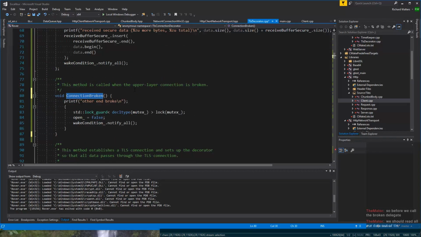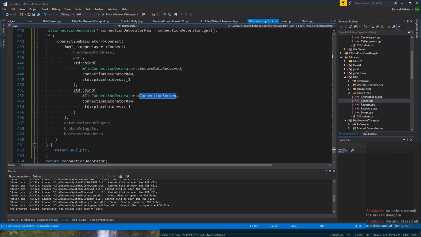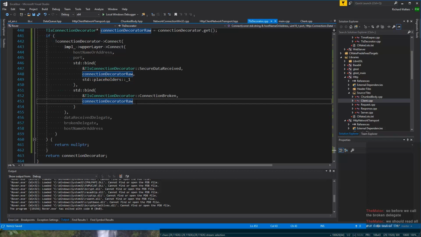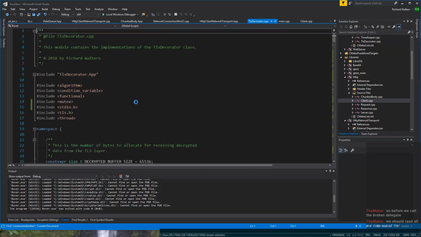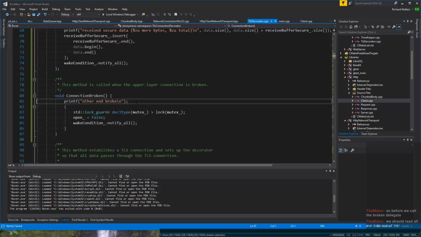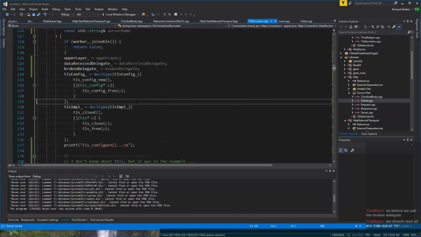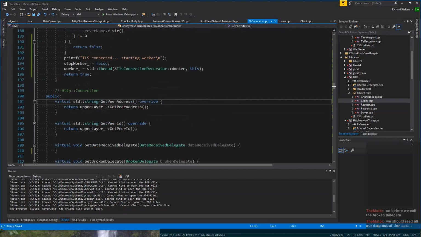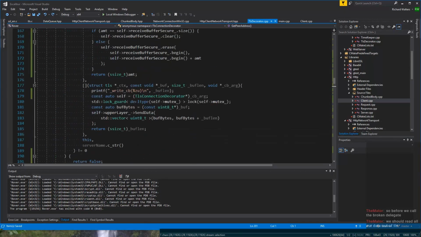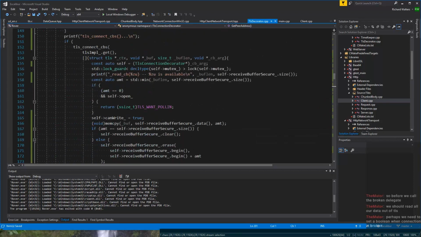Connection broken. We don't need that. Still have that in my clipboard, right? So we set the open to false. In our worker here, I think what we'll do is after we've read the last,